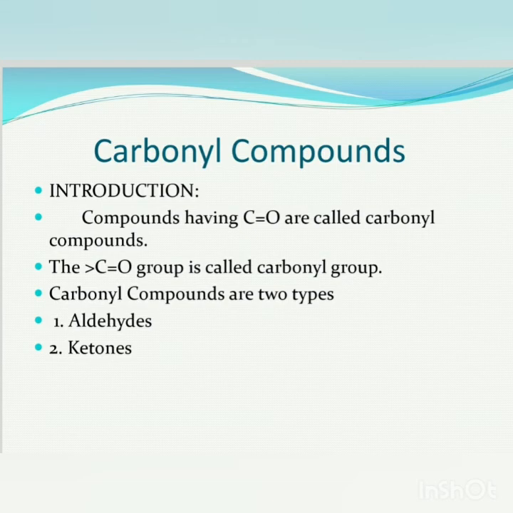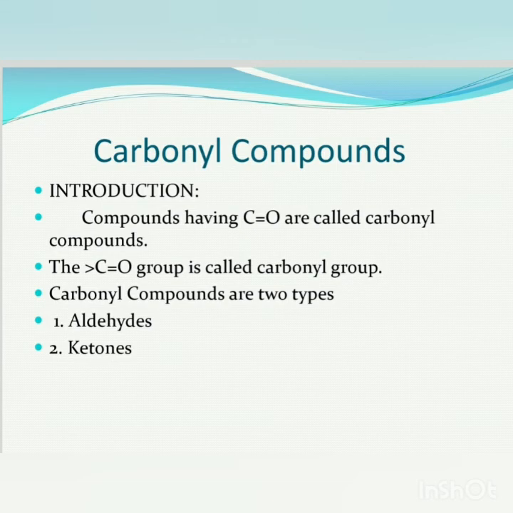In aldehydes, the carbonyl group is linked to an alkyl group and a hydrogen atom, while in ketones it is united with two alkyl groups, which may be the same or different. When both the alkyl groups are the same, the ketone is called a simple or symmetrical ketone. And in case both the alkyl groups are different, it is known as a mixed or an unsymmetrical ketone.